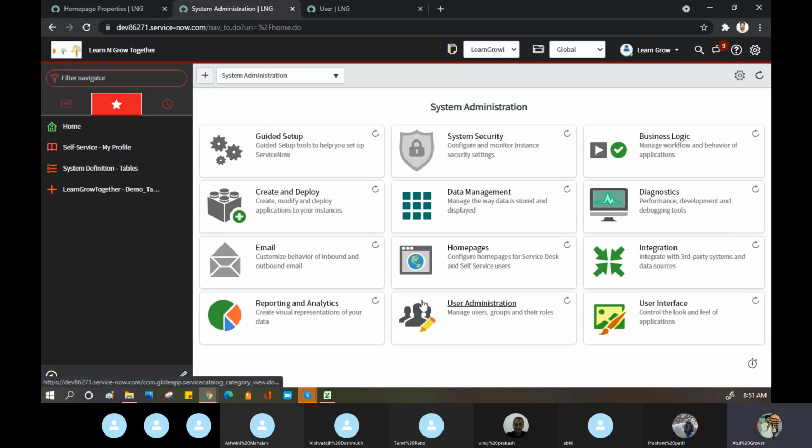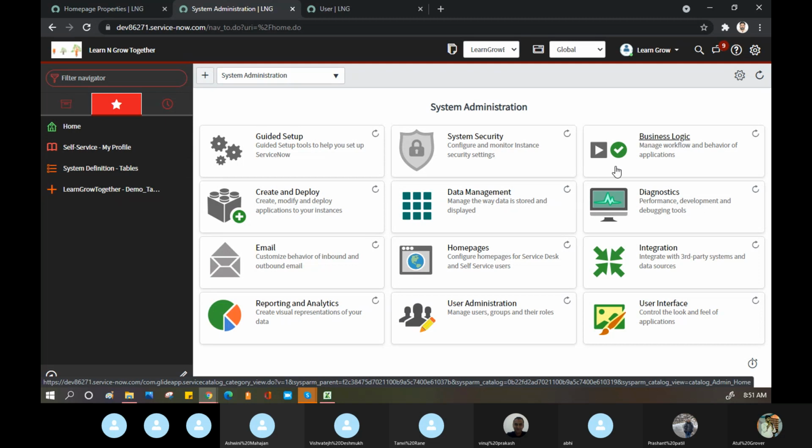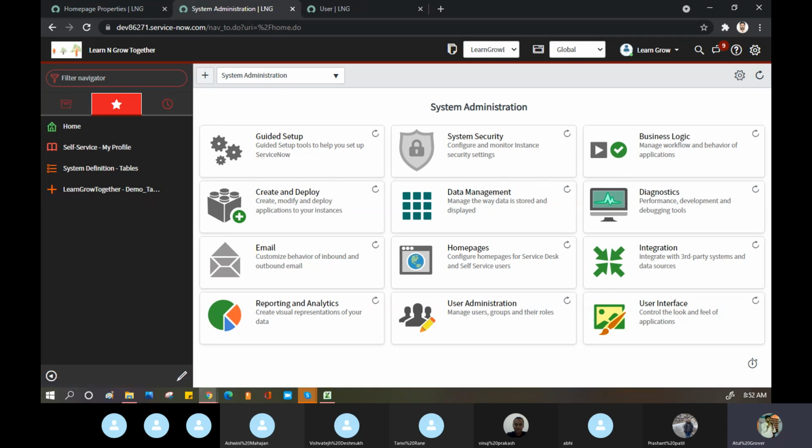How to create? Actually, I don't know how to create a new home page, but you have to create one today. Today I give work to Ashwani. Homework number 1, create a new home page for your purpose. How to create? No idea.